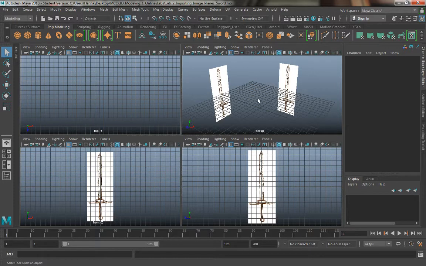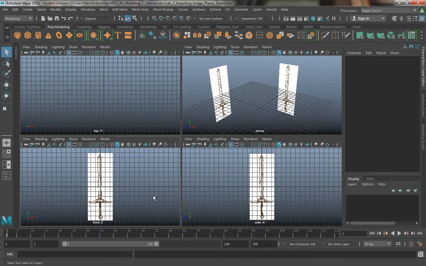And what I'm going to do here is show you some basic modeling techniques, some really simple yet really effective modeling techniques to just start learning how to create some objects in Maya. Now, with our reference images in place here, primarily our front and our side viewport we'll be working from,